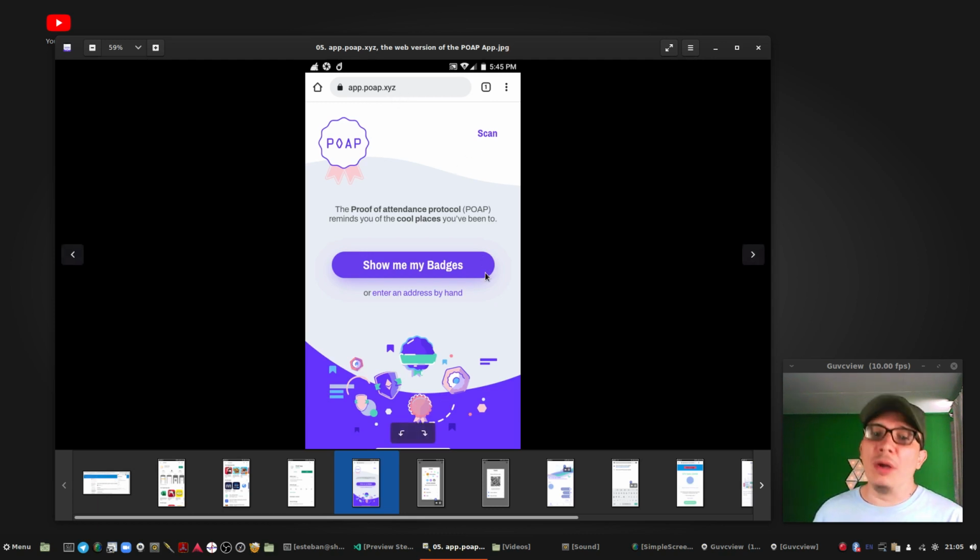Okay, once there, we can show the badges or enter the address. Which address? This is the address that we can retrieve from the Ethereum mainnet network, not the PoApp token added, remember? Or the second alternative, from the Poquito wallet as XDAI token. Alright, and then tap on show me the badges to display your badge collection.